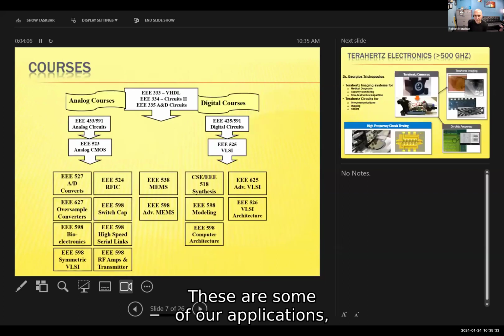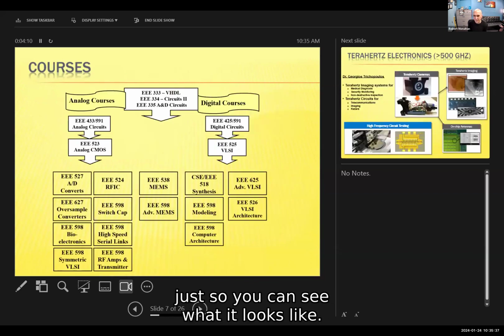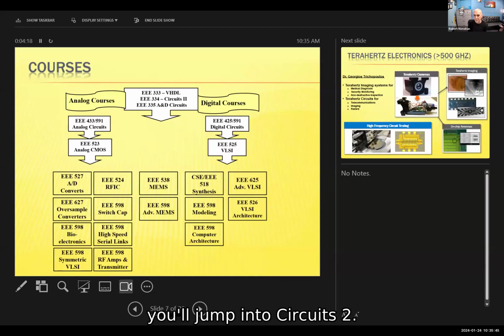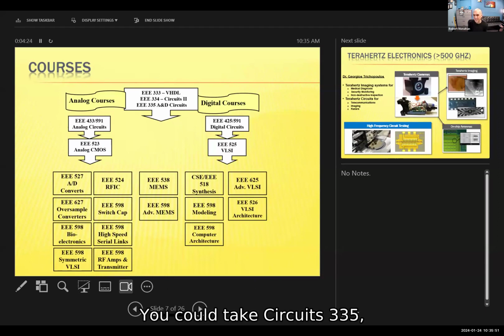These are some of our applications. So I want to jump ahead to the curriculum just so you can see what it looks like. So mainly after you get through the 202, you'll jump into circuits 2, and then you'll move on. If you want to do more circuits, you'll take some. You could take circuits